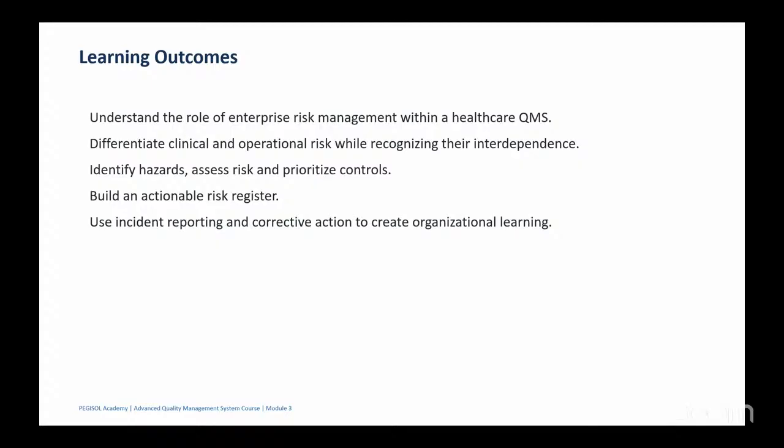In a basic quality management system, ISO 15189 for example, we just talk about corrective actions. Now in advanced QMS, you should be looking at those corrective actions that have been done and those incident reports that have been filed. You need to look at trends and use them to build organizational learning. So if, for example, I have 20 corrective actions done in 6 months, I can find a trend from that.